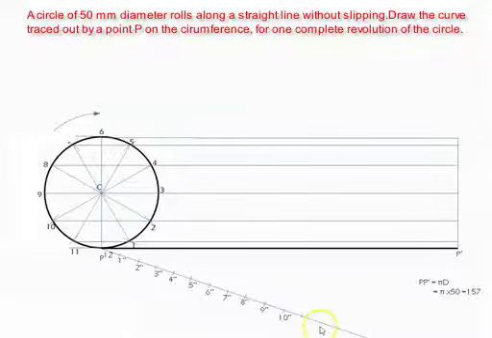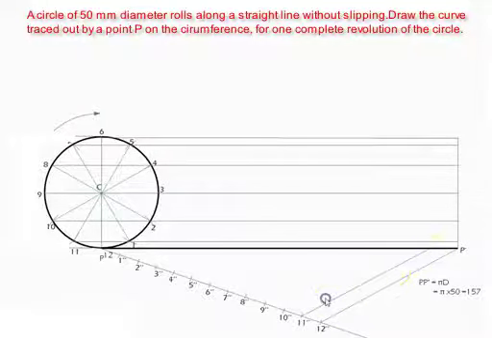This is just for the sake of dividing the line P dash into 12 equal parts. Now the last point 12 dash is connected with the point P dash by means of a line, which is an inclined line. Now we have to draw lines parallel to this line passing through all these dash points. So by using a ruler, you can draw all these parallel lines passing through 11 dash, 10 dash, 9 dash, and so on.